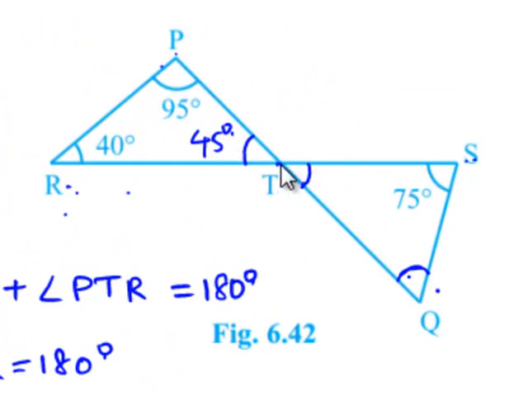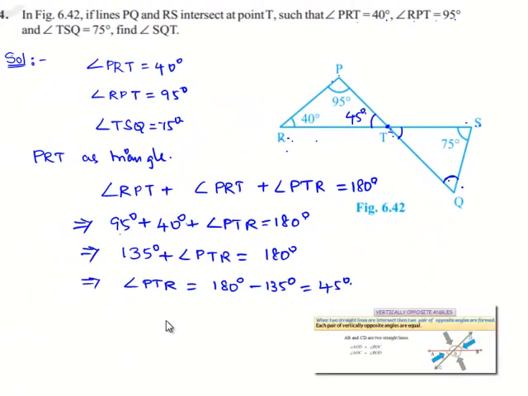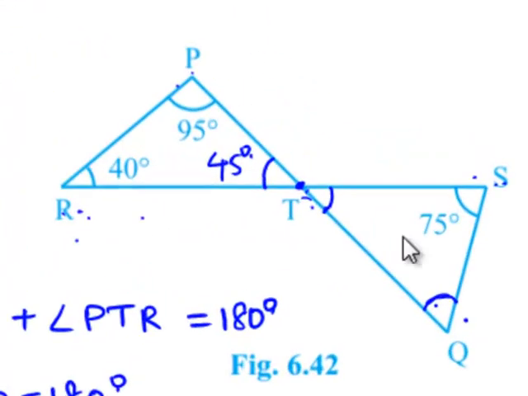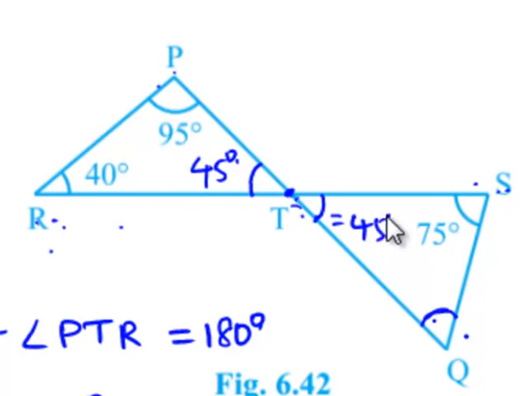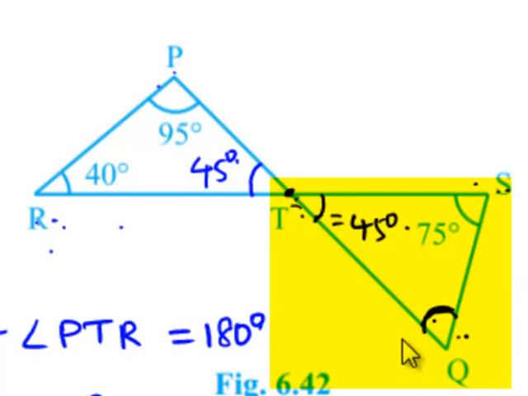Now, if we observe clearly, about point T, angle PTR and angle STQ are vertically opposite angles. Therefore, they will be equal. Therefore, we can write PTR is equal to STQ is equal to 45 degrees. Again, if we observe triangle STQ, angle SQT is to be formed. Therefore, by applying the formula that the sum of angles in a triangle is equal to 180 degrees, we can write